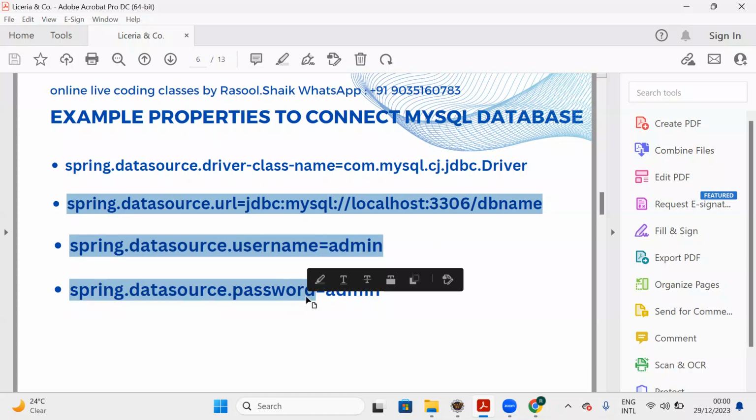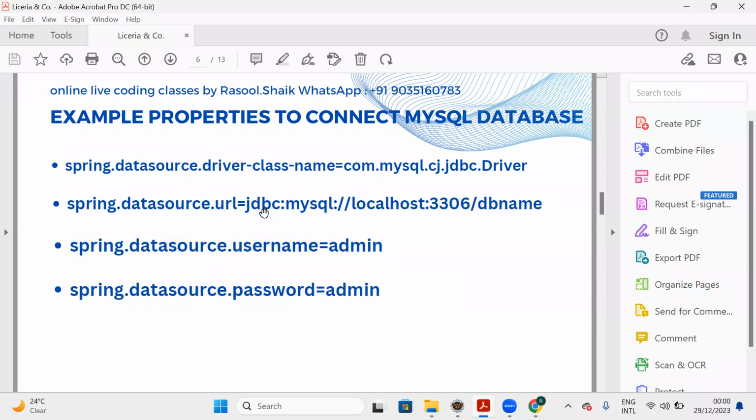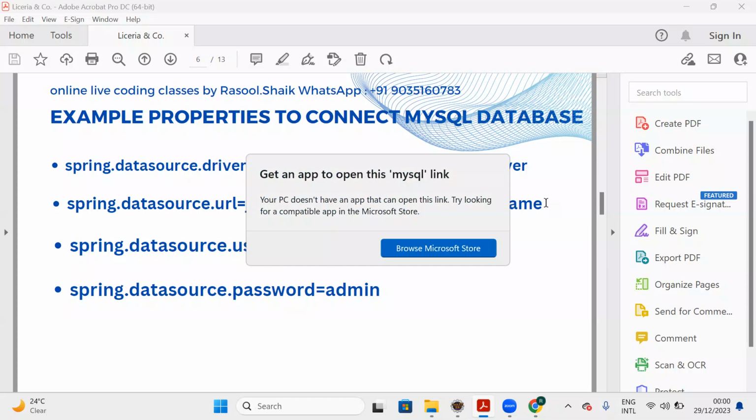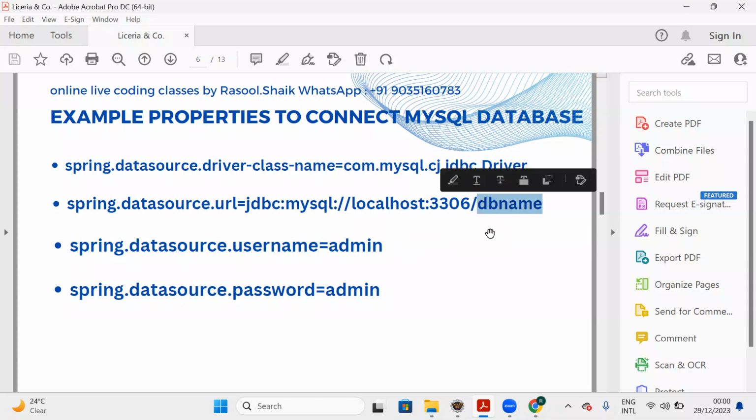URL, username and password properties are the same, and only the URL and driver class name will change. You can see this is the URL to connect with a MySQL database, and this one is the database name. The value which I have selected is a database name which is available in MySQL, and the rest all belongs to the MySQL